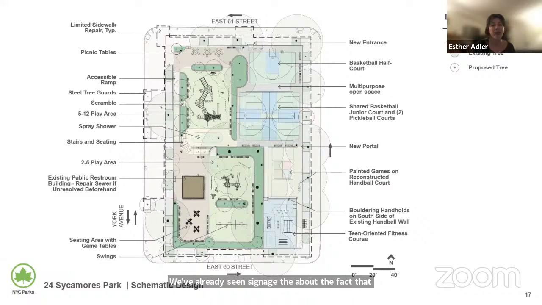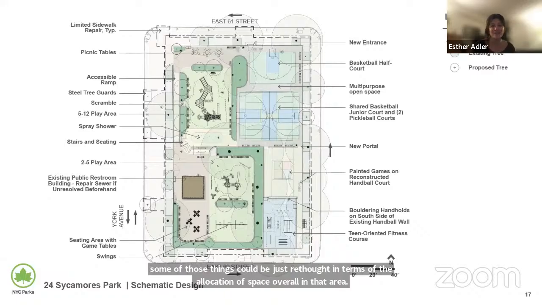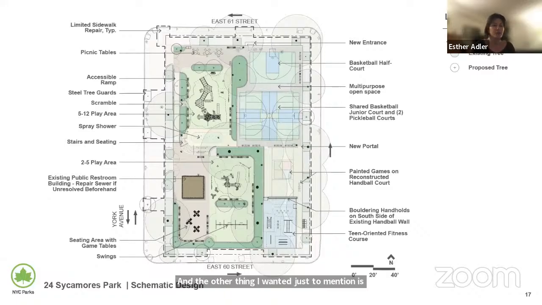So knowing how premium space is in this particular site, if there are features that are already renewed and kind of gorgeous right nearby, perhaps some of those things could be just rethought in terms of the allocation of space overall in that area. And then the other thing I wanted just to mention is that 3 swings for the